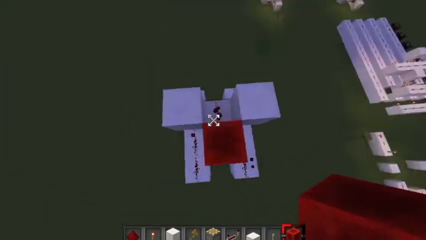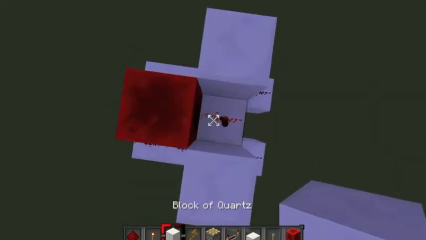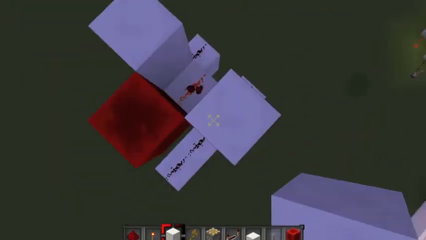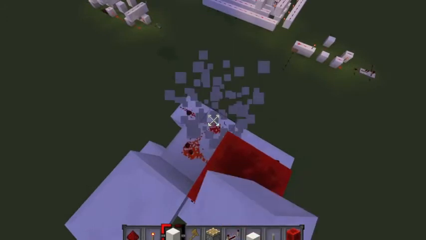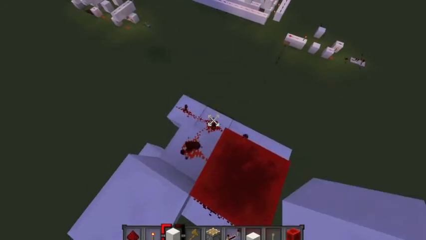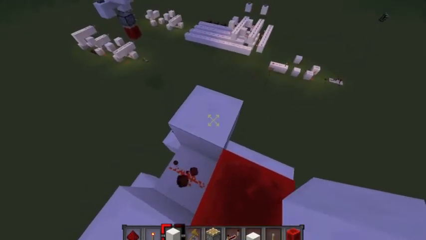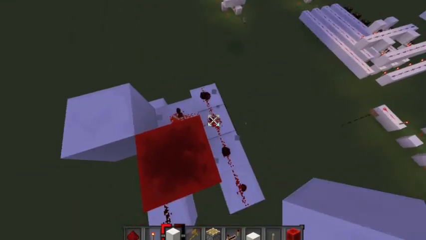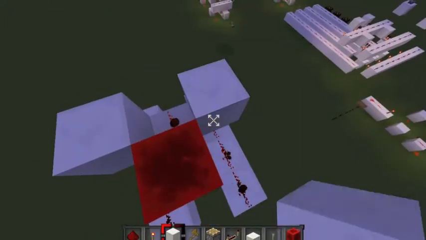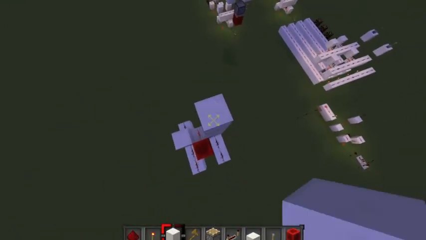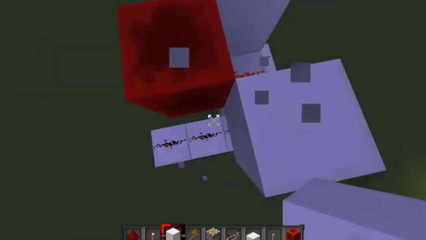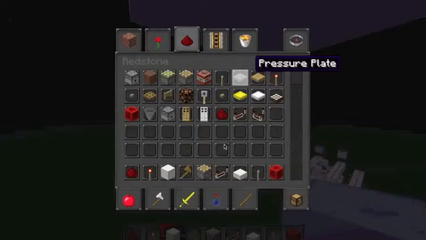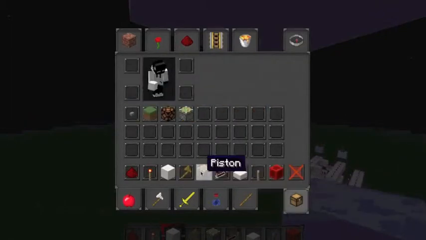So the first thing that we're going to do is we're going to take this and put 2 blocks right here. And if we remove, and let's say that this block's attached to a piston. If that piston retracts, then it will read out. So basically, that's exactly what I'm going to do. And I'm just going to take a piston,